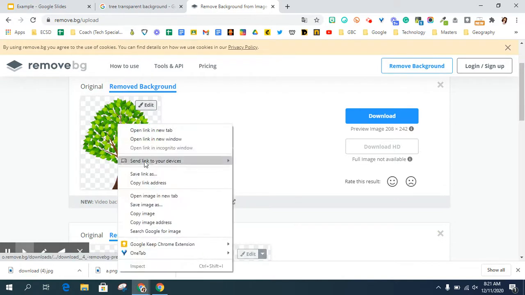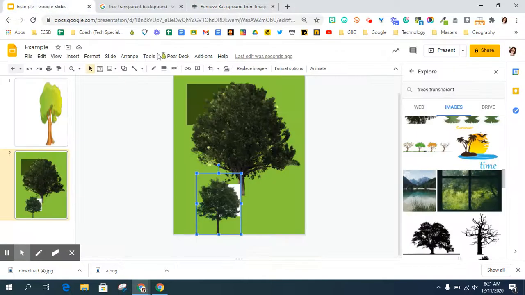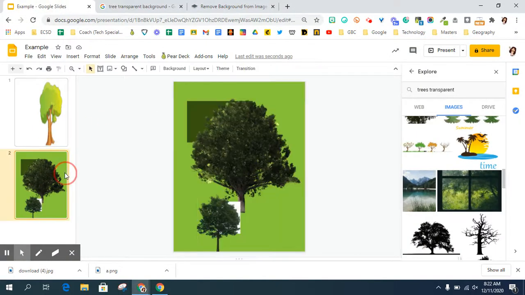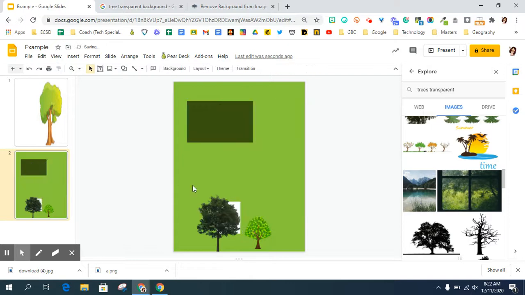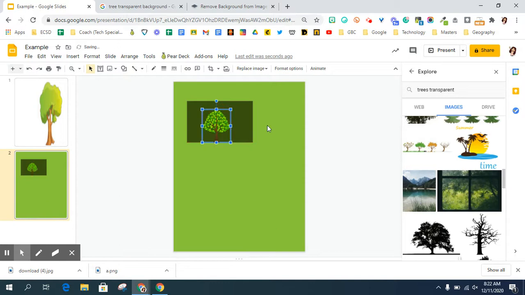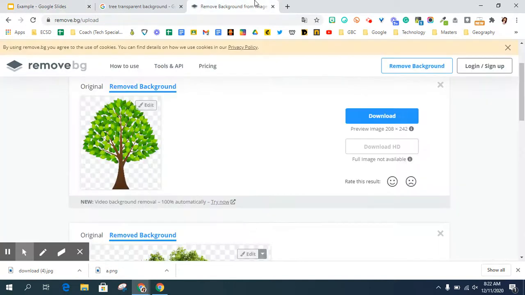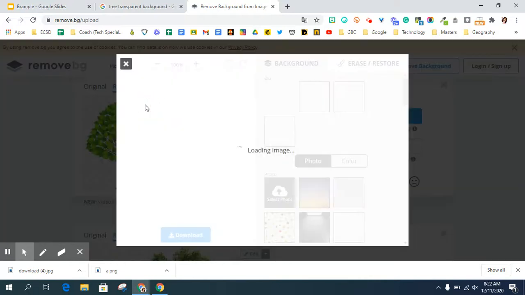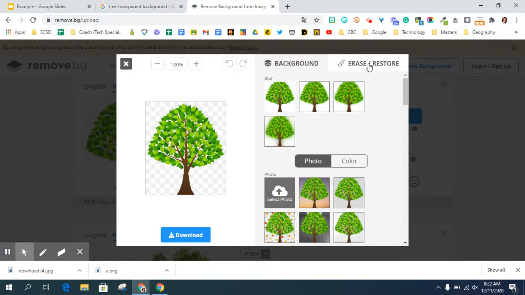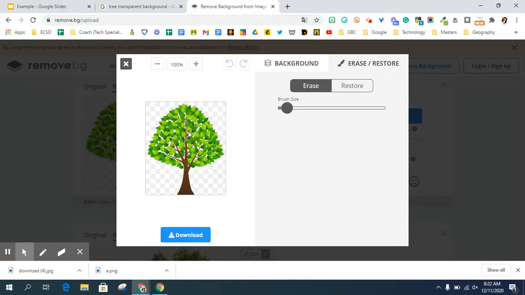And then you can just copy and paste it. So copy image, and then we can paste it back here on the slide. My slide's getting a little full, but now it doesn't have that background behind it. So on remove background, you can also click this edit button, and it has this erase and restore. So you can also erase parts of it and make them transparent, or if you need to restore those parts,